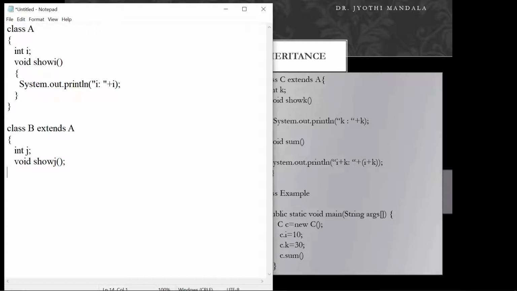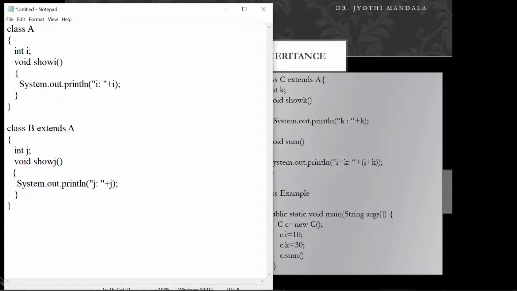This class has its own method called show j, and along with show j, it can access the show I method also. So let me copy the same thing, but we need to display j here.